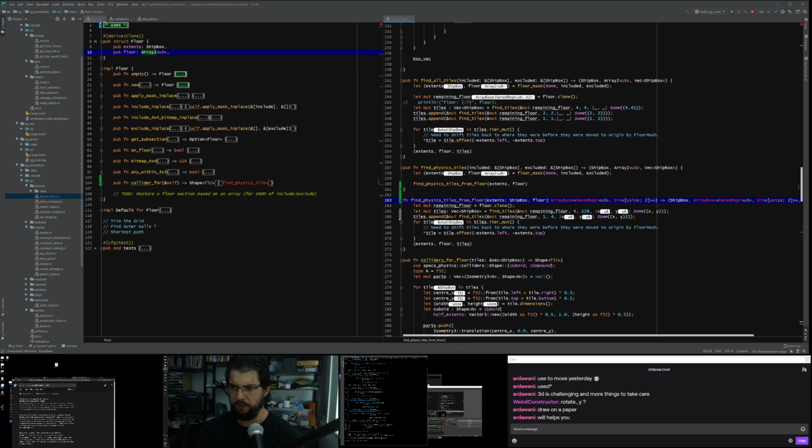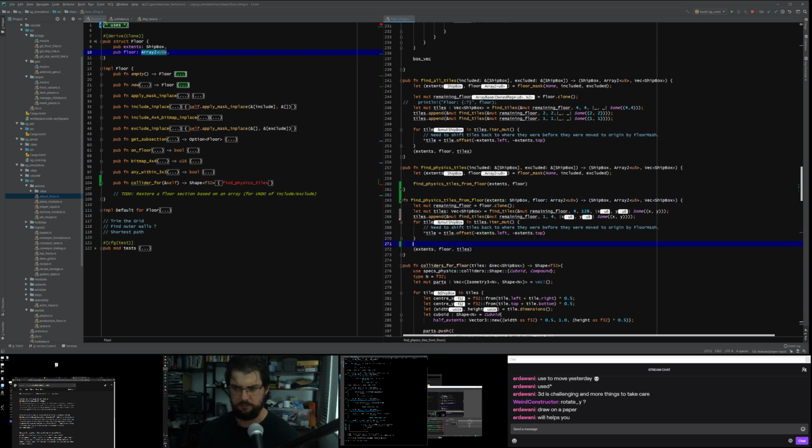So I got floor. It's just written out the entire definition of what a floor is, but I just want to call this an array 2 type U8, which is what I've been using for this type here. And here. Great. Yep.